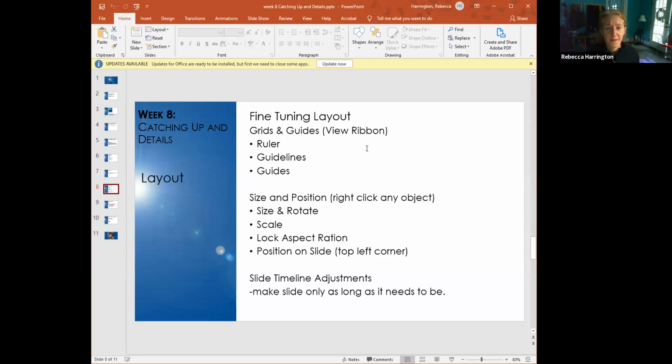And then we're going to talk about the fine tuning of the layout. If you've played around with photo programs, you'll maybe be familiar with rulers and guidelines and guides. And I think the way those work is a little bit individual. So we're going to show you all of those today, and you can figure out what works best for you. I'll share with you my system of going through things. And then size and position, which allows us to really get into the real fine tuning adjustments. And that's what's going to make it so that the objects don't jump from point to point to point.